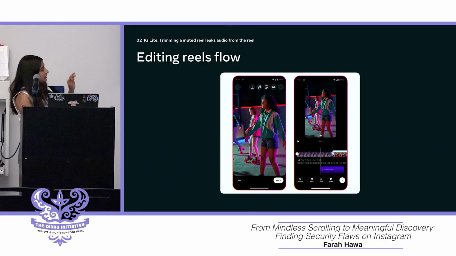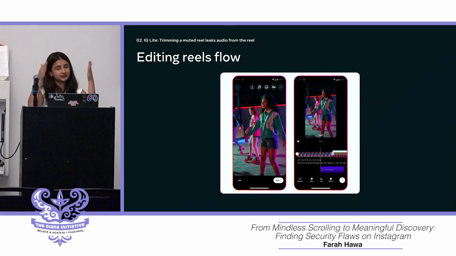This is how you can edit a reel on Instagram. Reels are short form videos. They are typically less than 3 minutes. Short form started by it being 30 seconds and now it's 3 minutes, and soon enough it's going to be YouTube. But these are the reels. They're recorded vertically, and Instagram app allows you to edit this video within the app before you share. So you can add text, add music, trim the video, and so on.